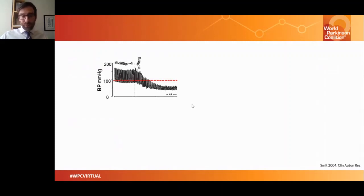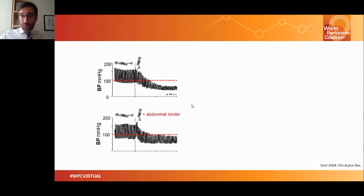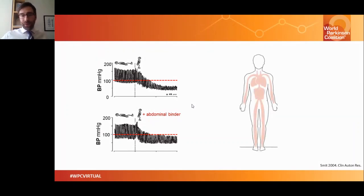As you can see, using an abdominal binder can increase your blood pressure enough to reduce or even prevent your symptoms altogether. And even more, you can also help by compressing your own muscles. Immediately after standing up, when this initial dampening in your blood pressure occurs, you can clench your fists, you can clench your muscles in your calves, in your thighs, and your buttocks in order to pump that blood back from your extremities, from your arms and legs, and back into your core where you need it,